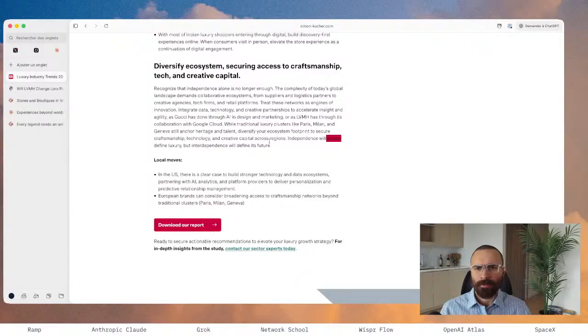Independence will always define luxury, but interdependence will define its future. Independence alone is no longer enough. The complexity of today's global landscape demands collaborative ecosystems, from suppliers and logistics partners to creative agencies, tech firms, and retail partners. Really cool, really cool. All right,